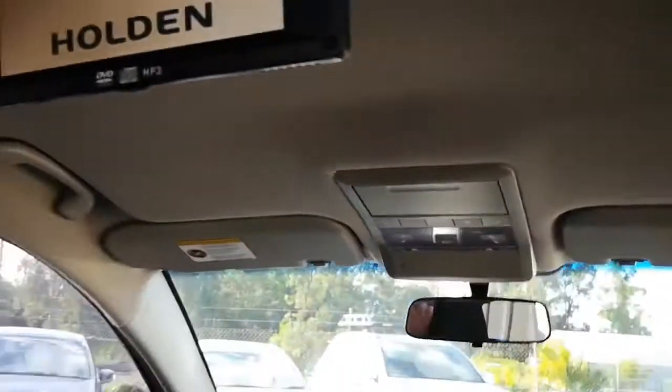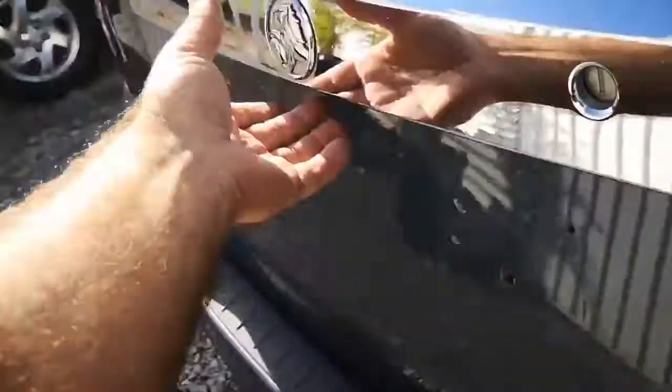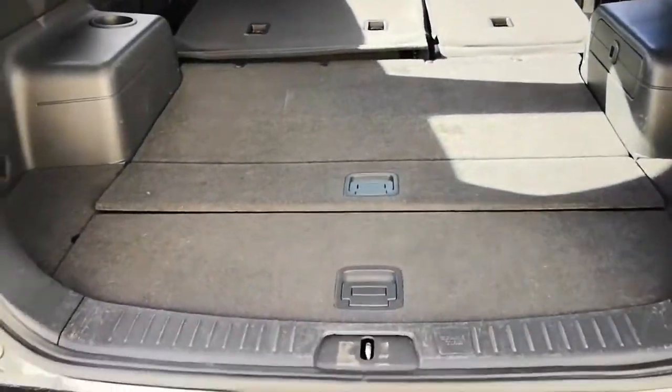So I assume it works because it looks like it kind of does. What I wanted to show you here is I laid down those back seats. If you drop that seat down just one-handed like that, look at all that space. You could easily turn this car into a shaggin' wagon. Look at it. There's heaps and heaps of space, but I'll go around and put the seats back up